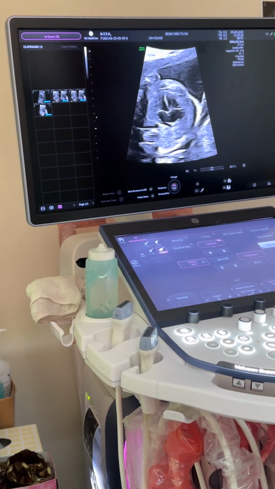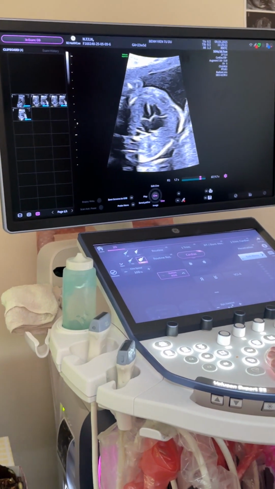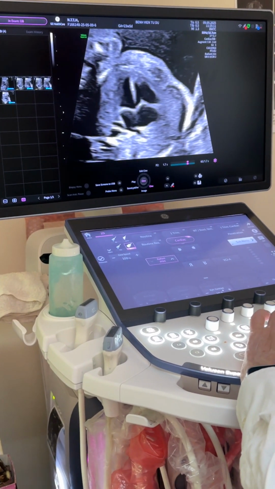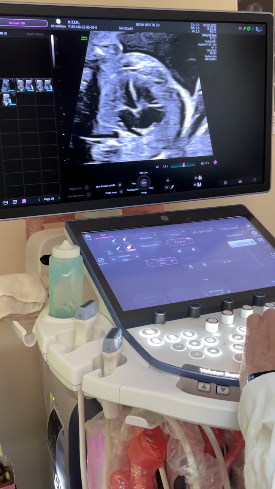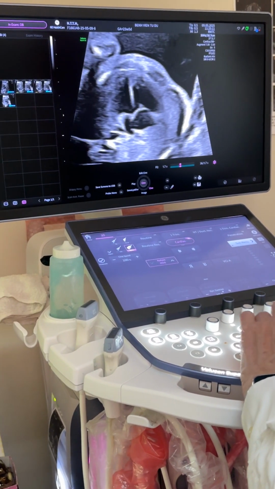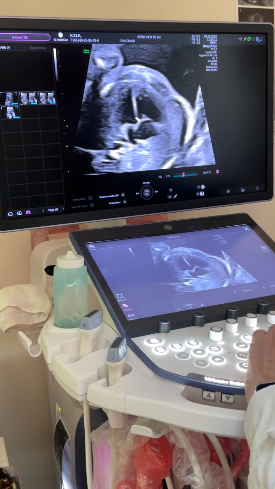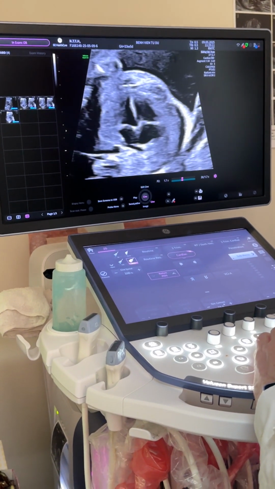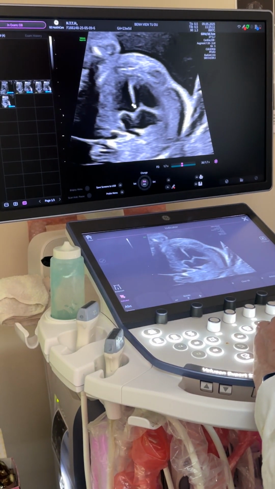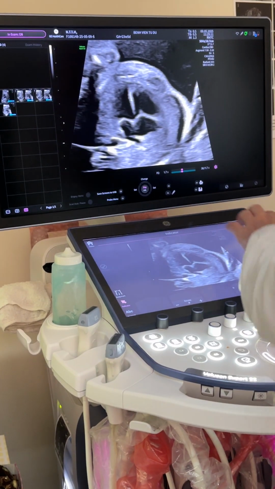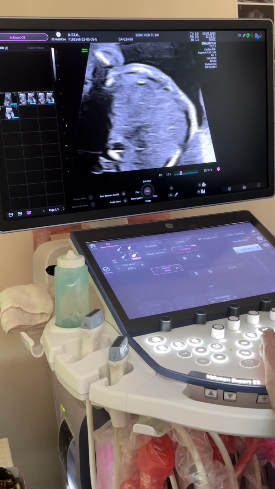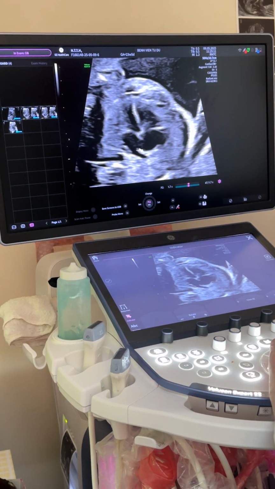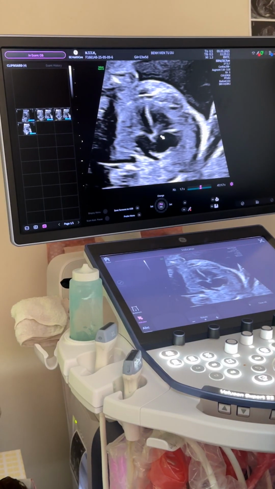All looks okay. When I'm looking at the valves, I magnify the image, and I increase my dynamic contrast, and I use slow motion to see the normal opening and closure of the valves. And I look to see the septal leaflet of the tricuspid valve is normal in its motion. So there's normal offset and there is normal motion, because I am seeing dropout here, and I'm just wondering, is there a VSD? So when I look at the valves and I see the valves are offset, I think it's okay. It looks okay. I can see the pulmonary veins are entering normally here into the left atrium, and the size of the left and right atrium are